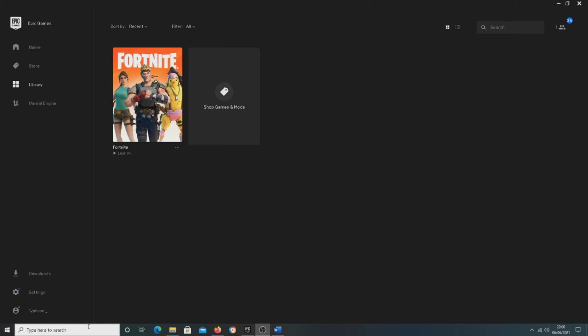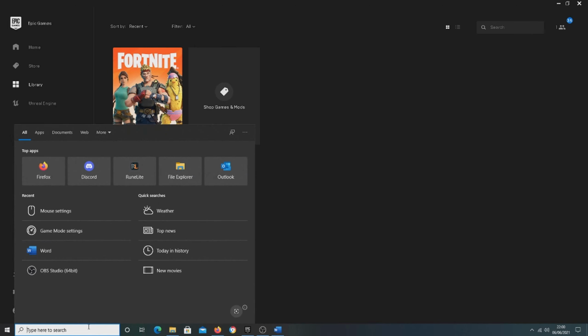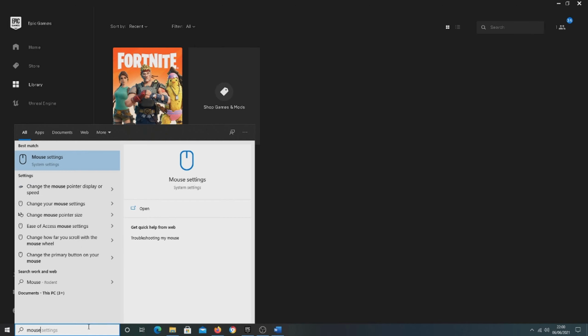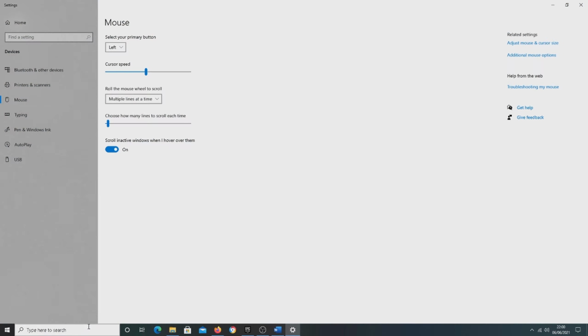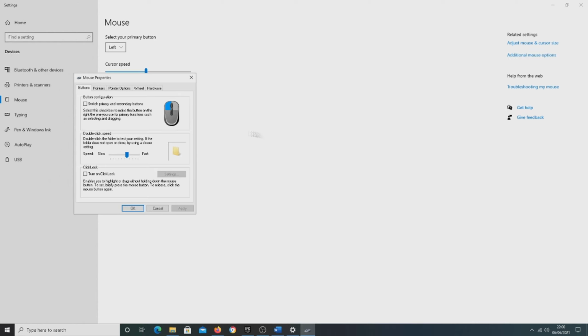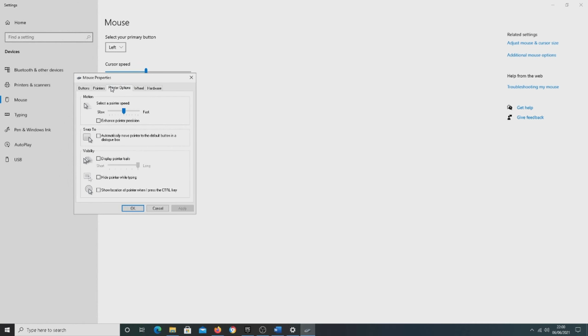Okay guys, so the next settings are a little bit weird, but basically the first one is the mouse settings. So search mouse into the bottom left corner, go to mouse settings, and over here at the right you see additional mouse options, and then you just need to go to pointer options, and here you can see you've got selector pointer speed. Make sure that this enhanced pointer precision is unchecked. You then just need to set this to 6, so you just count along 1, 2, 3, 4, 5, 6, and then you click apply, and